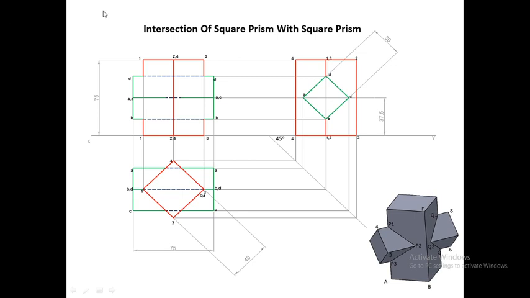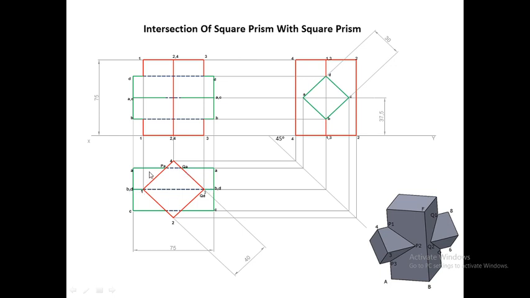Before that we have named all the edges in the front view also. So this is nothing but D to D. Second will be A and C. So here A to A and C to C, and the last is B to B. Now we'll mark the points of intersection. So first point is PA and QA. Since the edge A is cutting the side, this point will be marked on the left as PA and the second will be marked as QA.